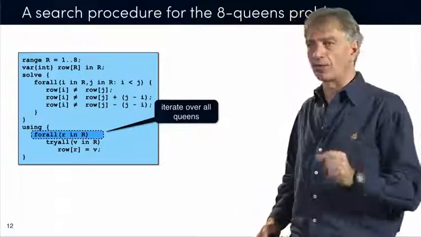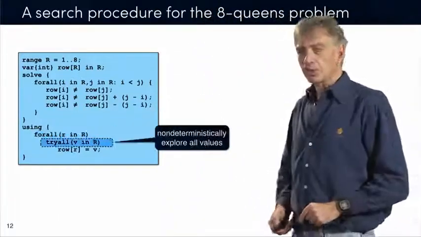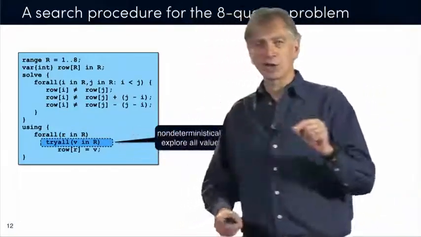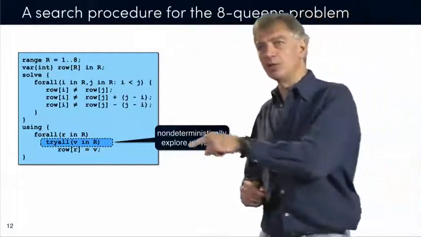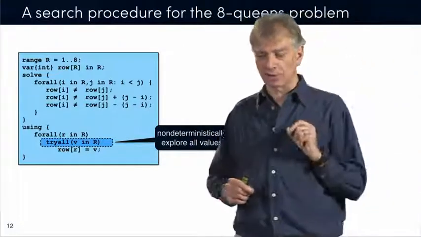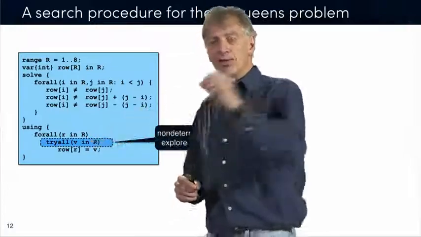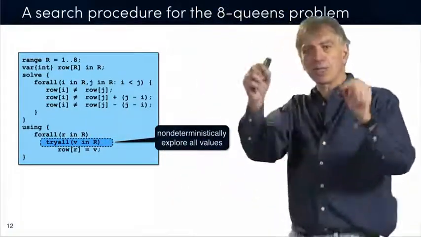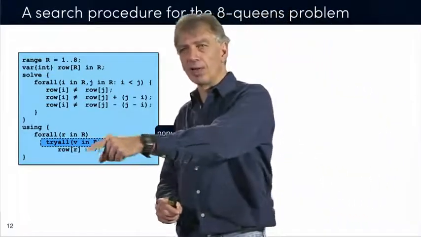I want to assign a value to every queen, so I have to iterate over all the queens. The second instruction is actually pretty interesting. It's the trial instruction, and essentially that instruction is a non-deterministic instruction. It's not a loop. What it's trying to do is assign a value to the particular variable. It's to choose a value in a non-deterministic fashion in this particular case. Now it's going to try to find one particular value, but it's not going to try them all at this point. It's just going to pick one in a non-deterministic fashion, and then execute whatever the body is below.